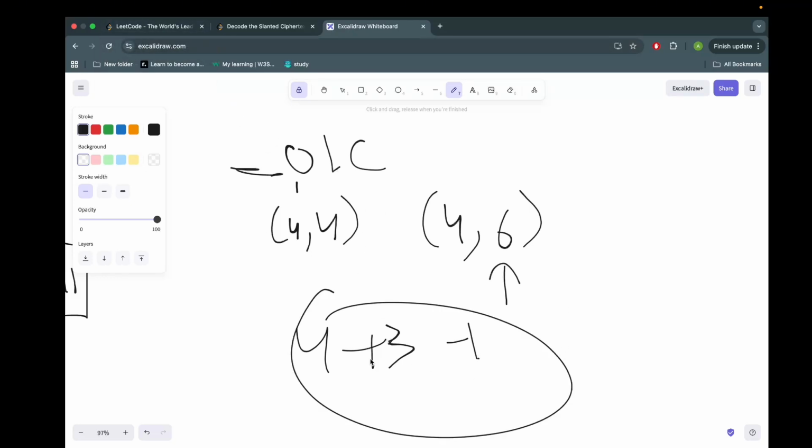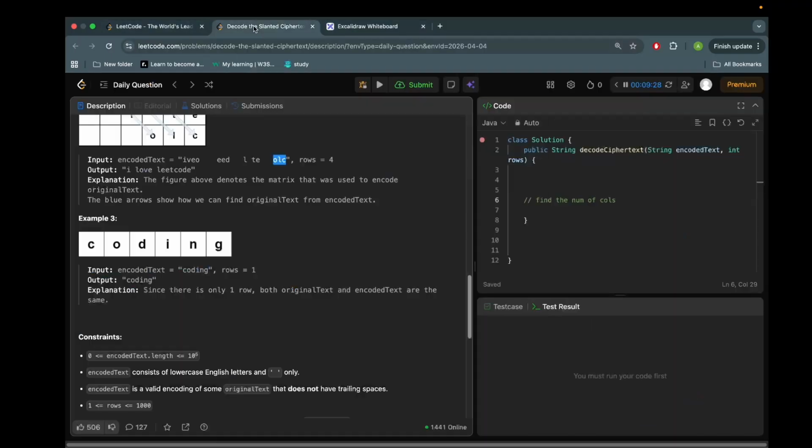So the number of columns equals row plus the length of the last